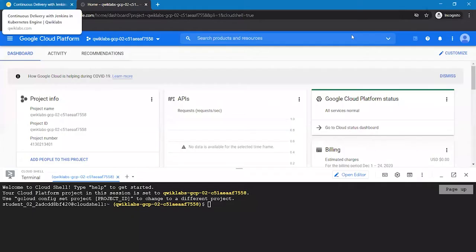And soon after your Google console opens, activate your Cloud Shell and start performing this task